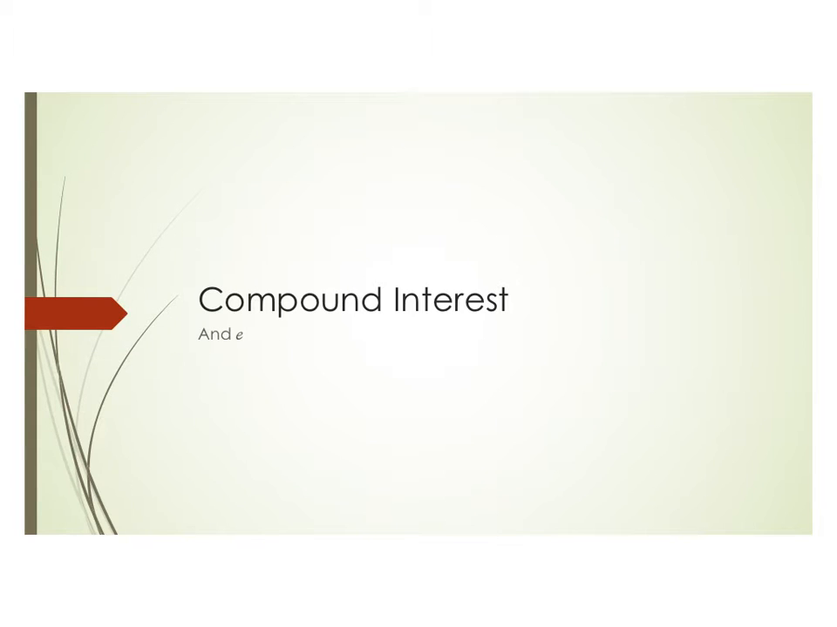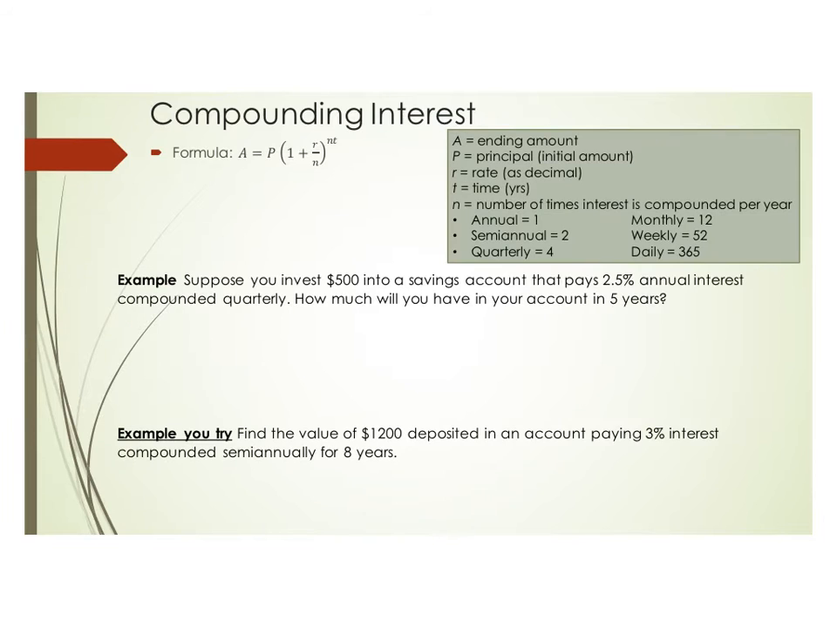Today we will be talking about compound interest and Euler's number e. The formula that we use for compound interest is A equals P times (1 plus r over n) to the nt power,